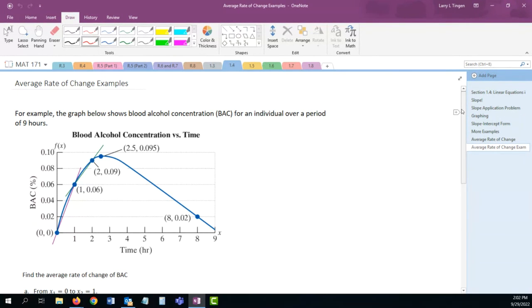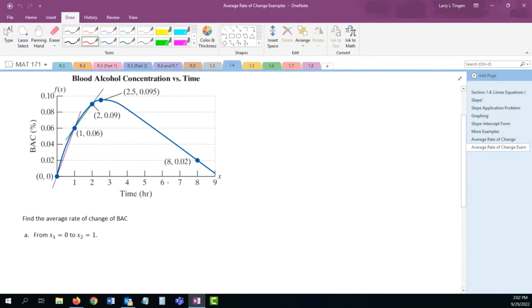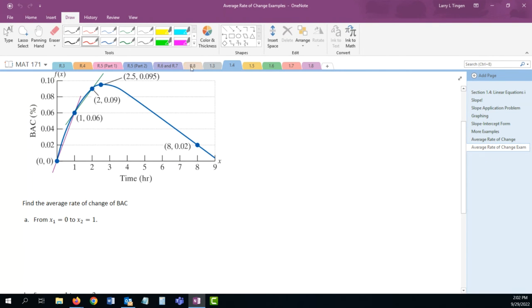So I'm asked to find two things. I'm asked to find the average rate of change of blood alcohol from x sub 1 is 0 to x sub 2 is 1. Okay? And that just means from 0 to 1, so from the start until 1 hour in. Rate of change, remember, is the slope. Well, the slope is the change in y to the change in x. Since this is in function notation,